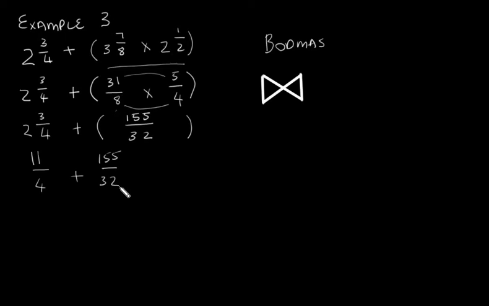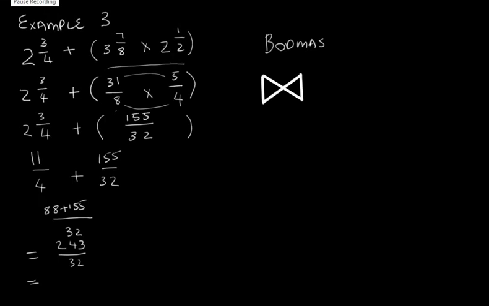What is the LCM of 4 and 32? It's 32. That's correct. Let's go ahead and convert 11 over 4 to an equivalent fraction over 32. What did I do to 4 to get 32? I multiplied by 8. And according to the laws of fractions, what I do to the denominator I must also do to the numerator. So 11 times 8 is 88. And 88 plus 155 is